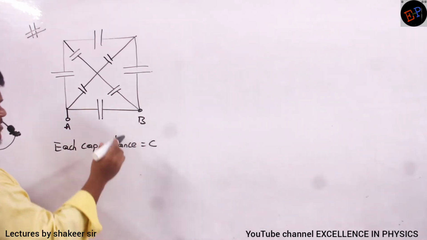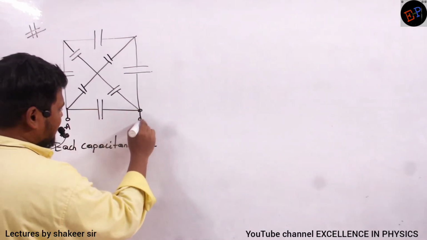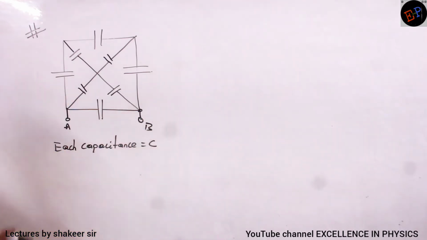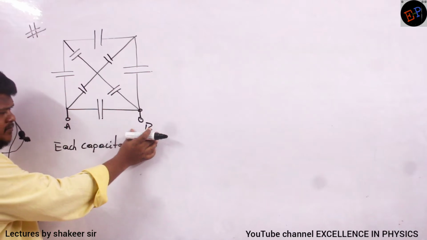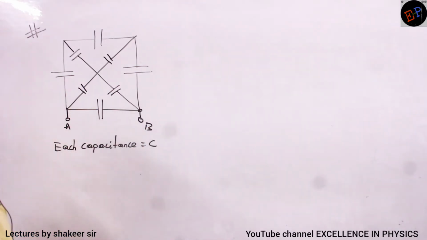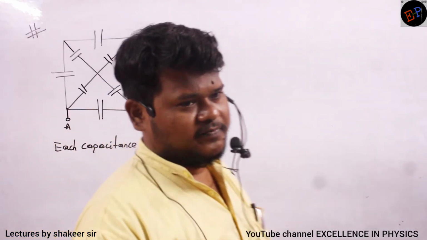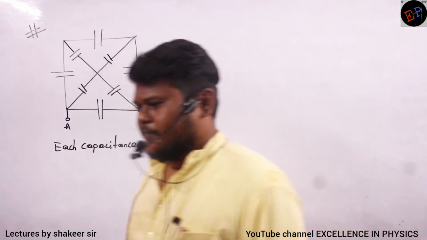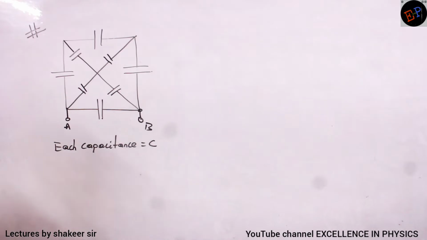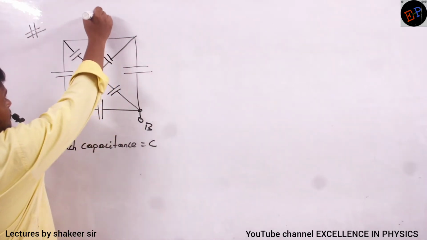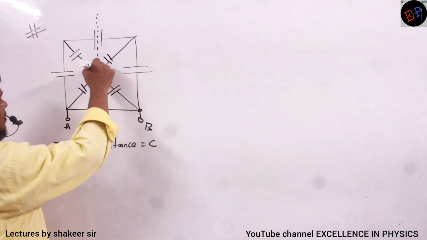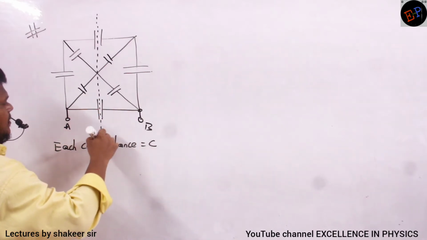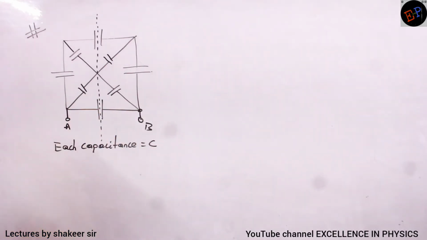See. So these are the 2 terminals, no, where I want to find out equivalent capacitance. Clear, no? Seema, I can solve this problem again by 2 methods. By using perpendicular symmetry also I can solve. By using path symmetry also I can solve this problem. Okay, ma? Let us see both of them. So first of all, if you see here there is perpendicular symmetry, no, ma? Perpendicular symmetry is there, no?